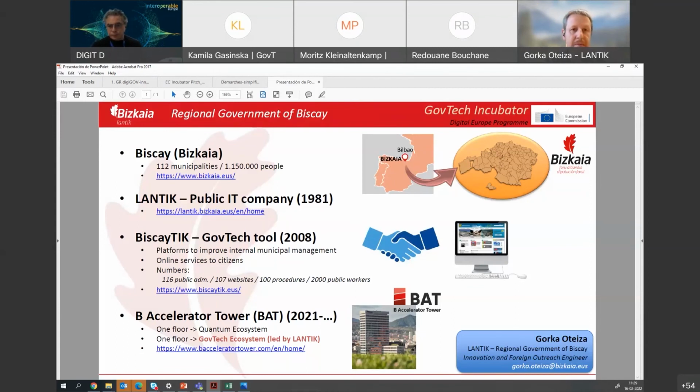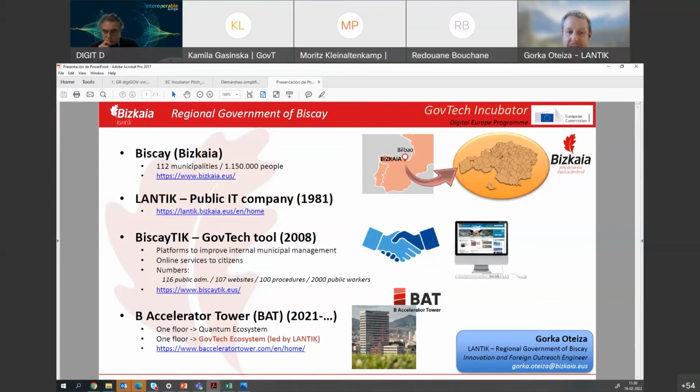We have small municipalities with 700 people, for example, and big ones with 50,000 people, but all of them need and should have the same services. So a Biscay platform and foundation was created, a Goptec tool, to provide internal municipal management to all the municipalities, all the same, but also online services to the citizens. It didn't depend on whether you were in a small municipality or a big one, you had the same digital